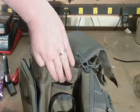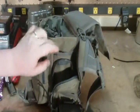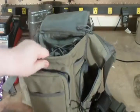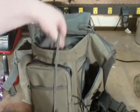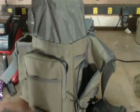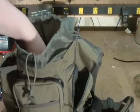It also has another pouch here that goes down the rest of the length of the bag, down to the bottom. Nice pouch there. You could put a few things on the top, but it has a little bag with a drawstring. And inside here,